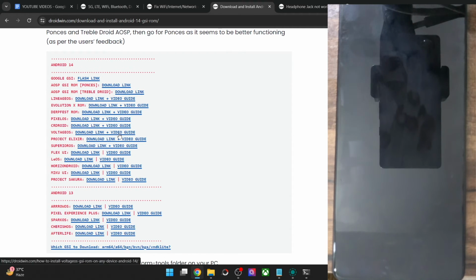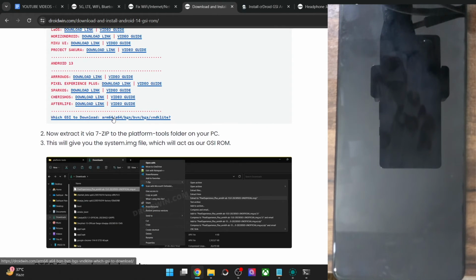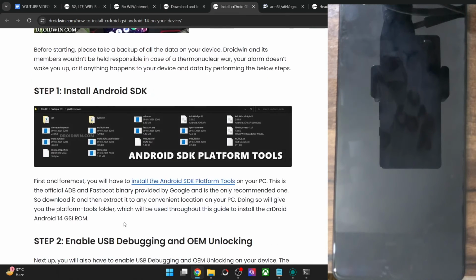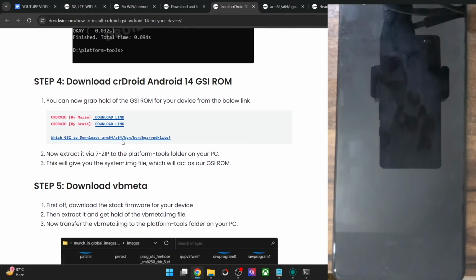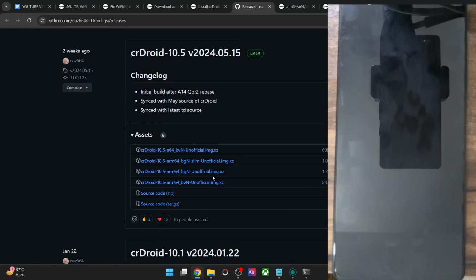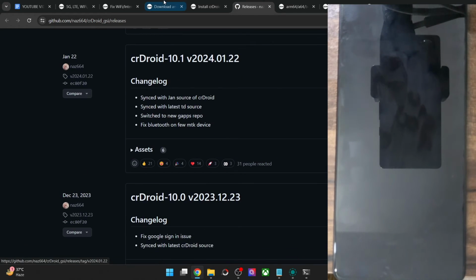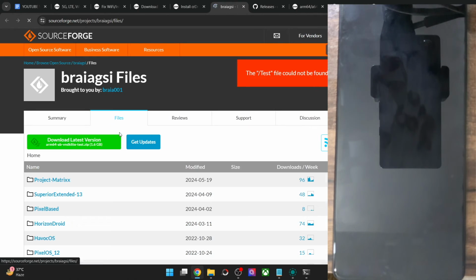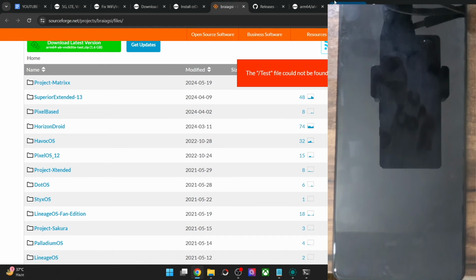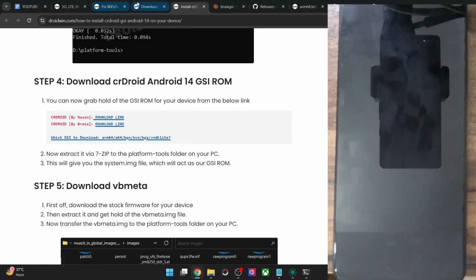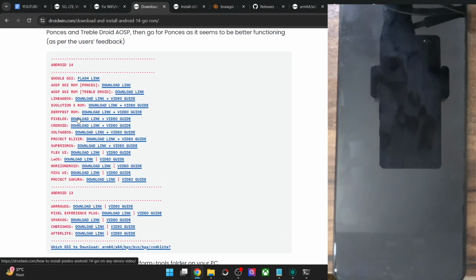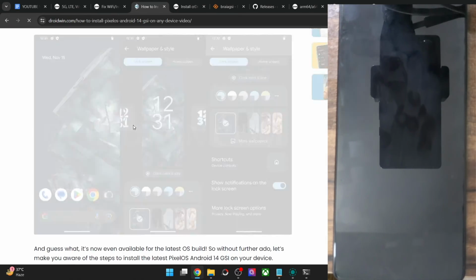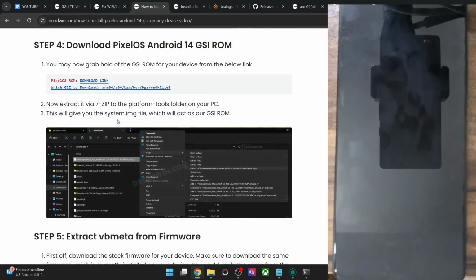So let me show you the link for that ROM itself, the official CRDroid, and this is the second guide which will come in handy. If I get hold of the CRDroid ROM from its link, let me go to any of these pages, and as you could see, in this there are all the non-rooted versions. So let me check this version once and verify the result. Let me go here, and the file has been removed. So let me access any other random GSI file and I'll show you the status of that as well.